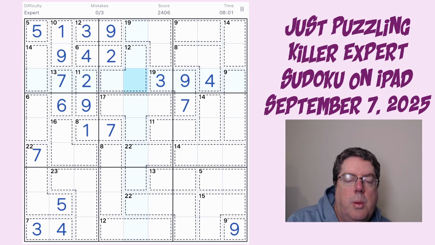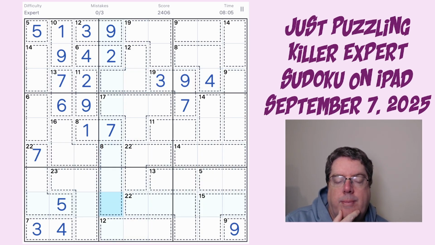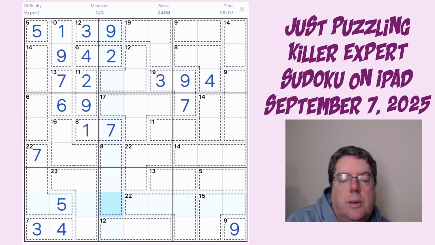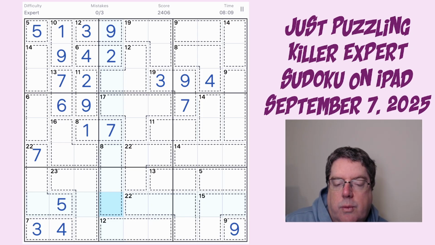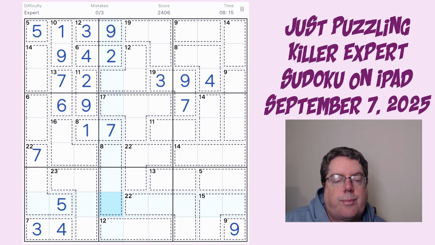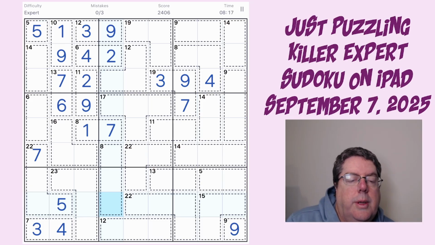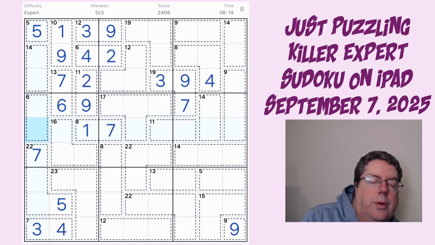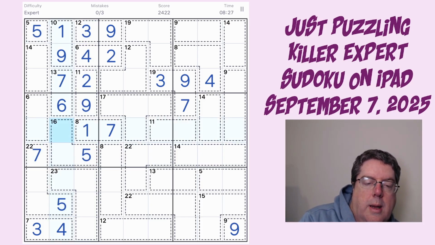So this is going to be 1, 3, and 4. 2, so 3, 4, 5, 9, 7. So this is 2 and 4. This is going to be 8, 5, and 3. Because of the 5 here, this is going to be a 5. 8 and 3 here. So 1, 2,